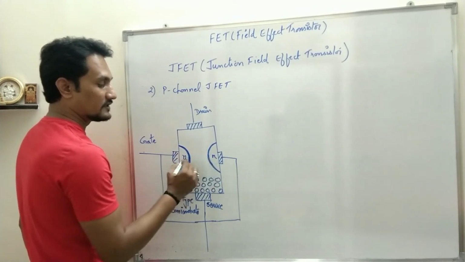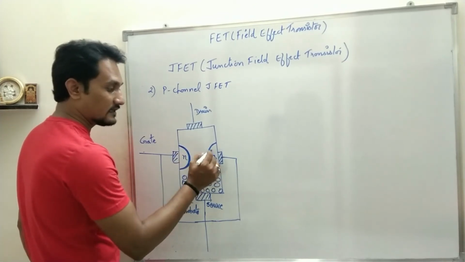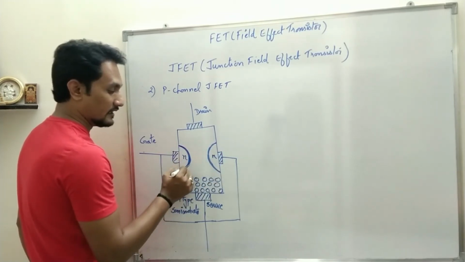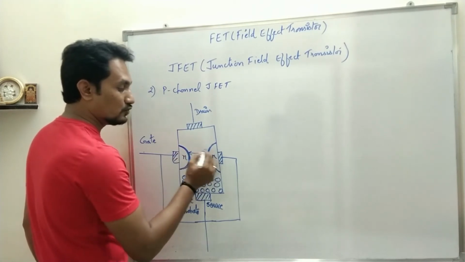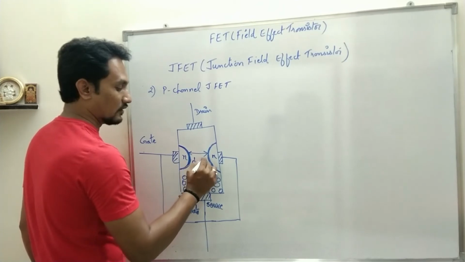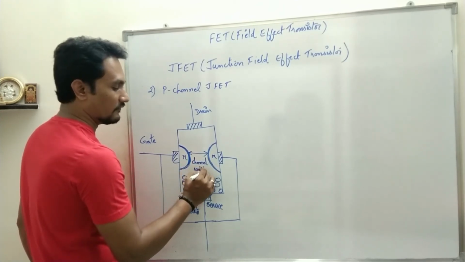On either side of the semiconductor we have doped pentavalent impurity so that we get an N region. As soon as a PN junction is formed, a depletion layer will be there, and the area between these two PN junctions is called the channel,